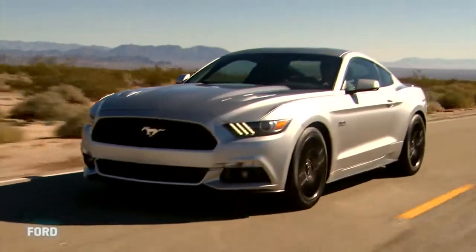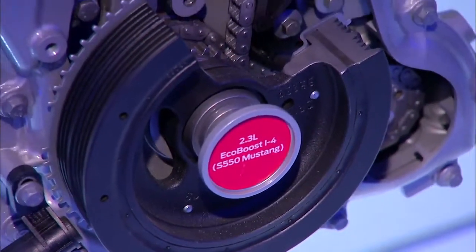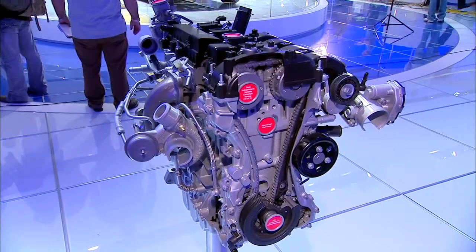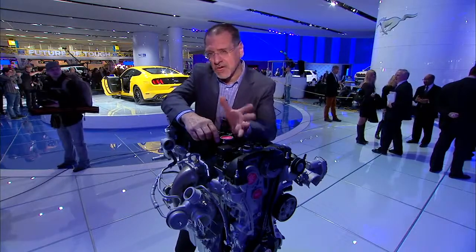dynamics as well. Now, if the body of the new Mustang's different, that ain't nothing compared to this new engine. This is the new entrant, a 2.3-liter turbocharged inline 4. They haven't had a turbo 4 in a Mustang since a limited production SVO back in the mid-80s. This is big news. They haven't published horsepower numbers on it yet, but guess around 300, a little bit more